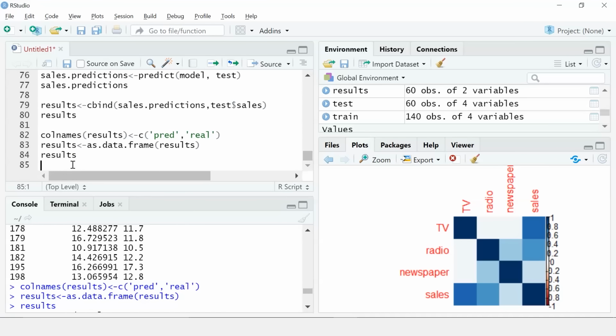So we have successfully built our linear regression model and predicted the sales values using linear regression in R. You can also go ahead and find the accuracy of this model to know how good your model is. We won't be covering that as part of this tutorial. I'll leave it for you and encourage you to do some research on how you can find the accuracy of a linear regression model. You will come across terms such as mean squared error, root mean squared error, and R squared value. If you are able to find the accuracy, please post the results in the comment section, or if you face any issues with it, please post your queries. We'll be happy to help you.